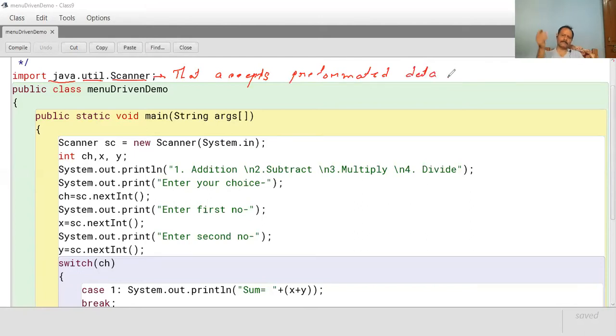Now, what does this mean? Pre-formatted means we need not format it.